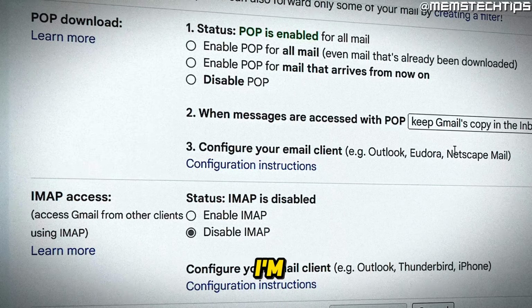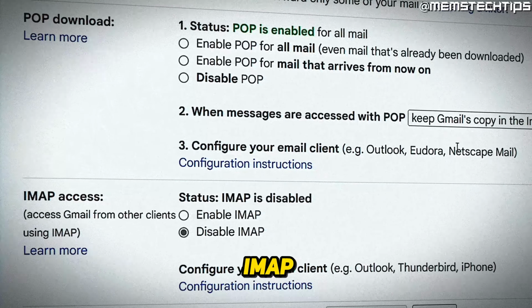Welcome to this quick guide where I'm going to show you how to enable POP3 and IMAP email forwarding in